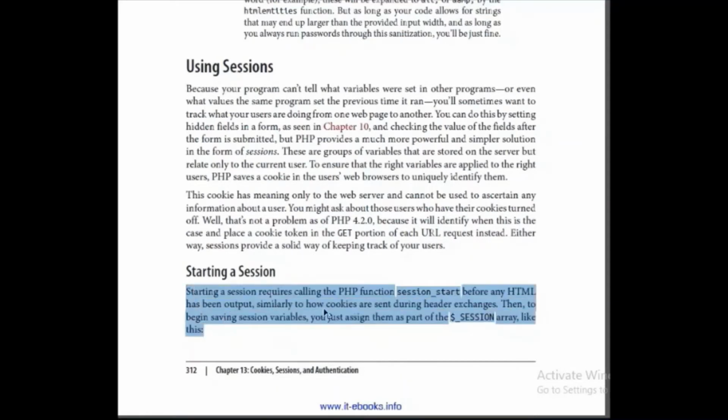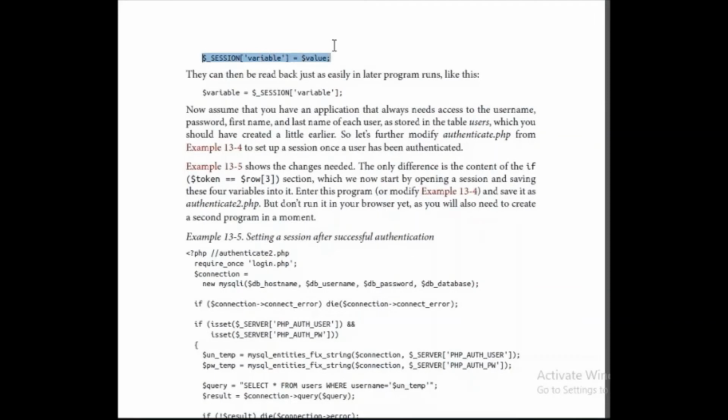So starting a session, again we are going to be using this $_SESSION array, like we used the $_COOKIE array, $_GET and $_POST. Then this is how a session is created. Session variable, the name of the variable is this and its value is this. So you can directly give a value or you can assign a variable to give it a value. And how to access a session variable? Simply you can use a variable and you can equal it to the value of a session variable. Simply this is how you initialize a session variable and this is how you assign a value to a session variable.